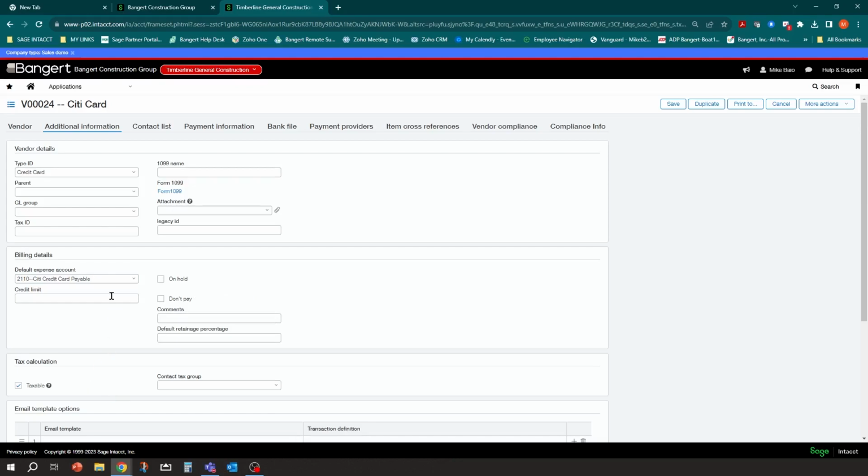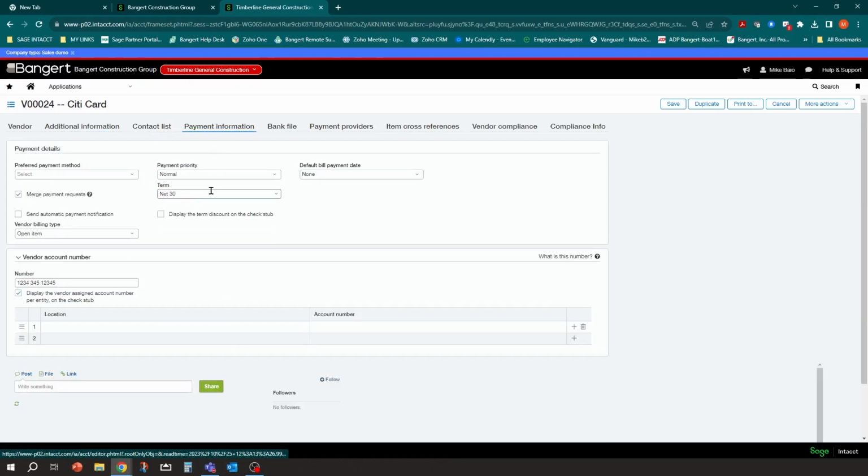And then it's going to make you do a few things, like in the payment information, make sure you have the terms filled in there as well. If you want to put the account number in there, you can put in the masked credit card number under vendor account number. So you want to make sure that each of those vendors are set up, and I have one set up for the other Capital One as well. So you want to make sure that vendor is set up.